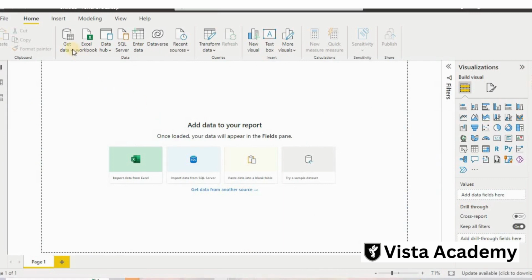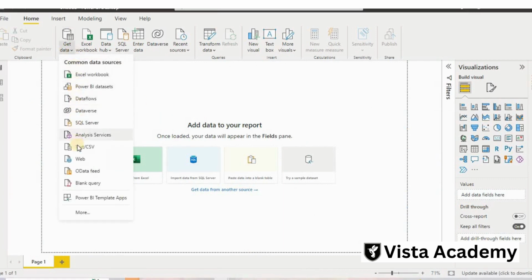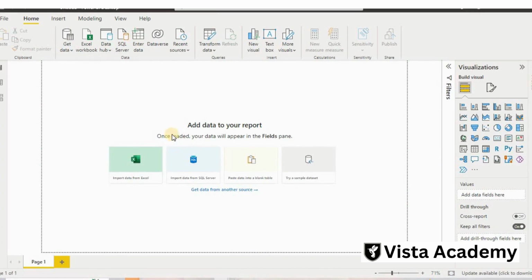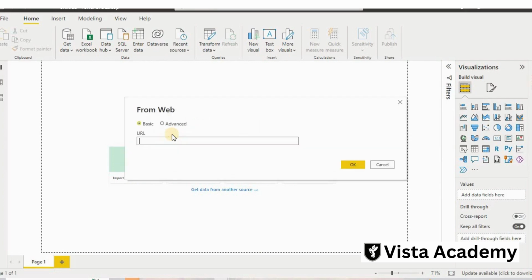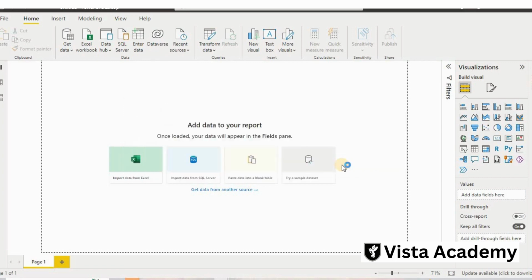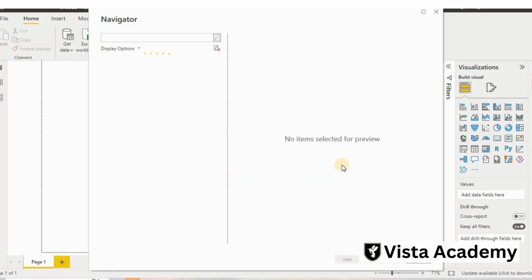Then I will go to my Power BI, Get Data, and from Get Data I will go to Web. It will take a few seconds, and then I will type the URL and press OK. It will take some time, like 5-10 seconds, and it will find the tables from the data on the page. We have to select which table suits us and which type of chart. So we are making a very easy report. Anyone can make this report, even from scratch.